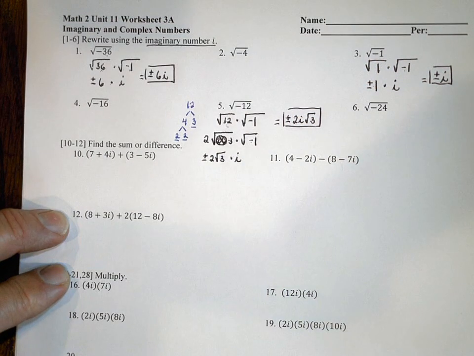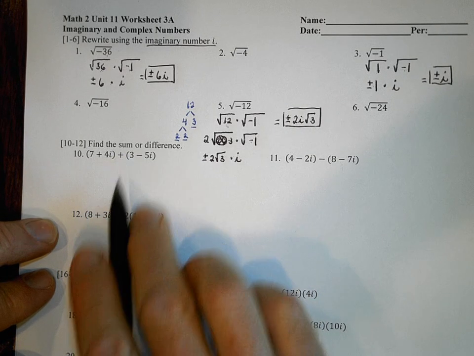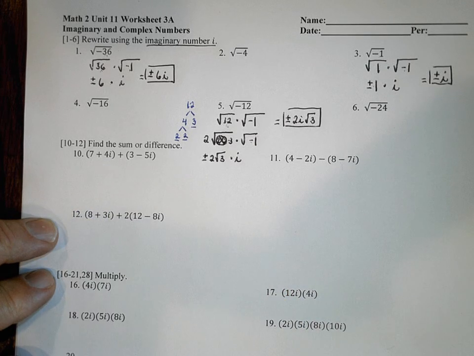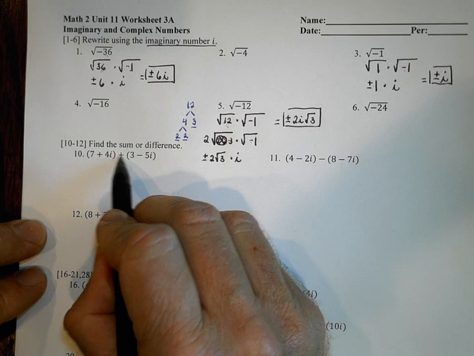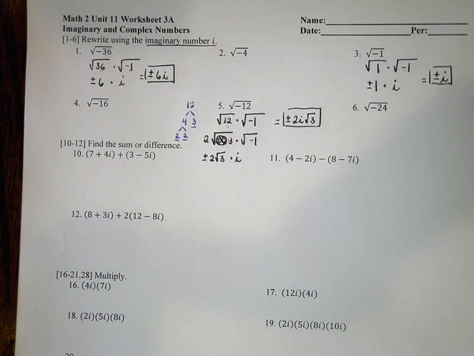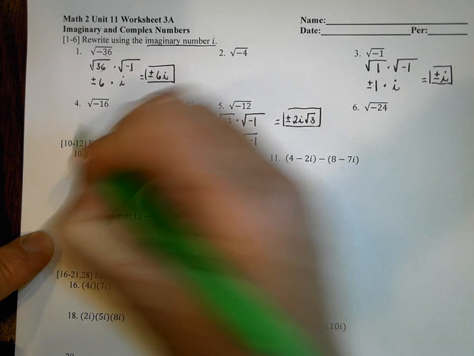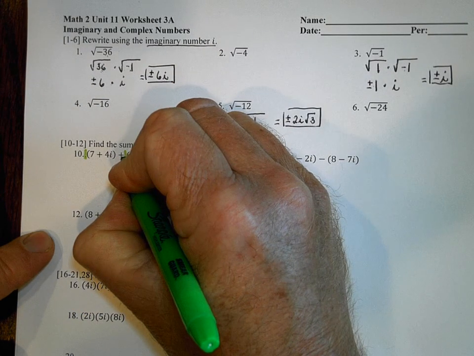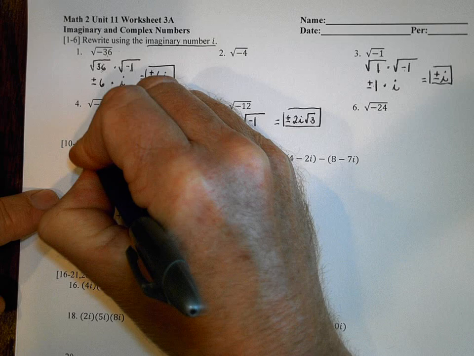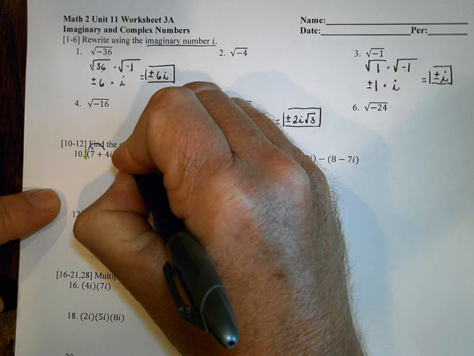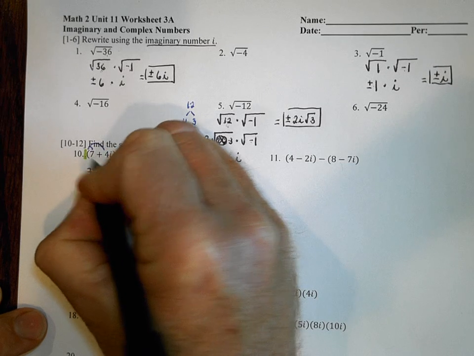Okay, all right, number 10, we're going to find the sum of number 10, and then we'll do number 12, we're also finding the sum. So remember in number 10, when you're finding the sum or the difference, the first thing you want to do is rewrite the problem without parentheses. And the way you do that is you take the number in front of the parentheses, which in number 10 is a 1 in both cases, and you distribute it so you can rewrite the problem without parentheses. Okay, so I'm going to go 1 times 7, which is 7,